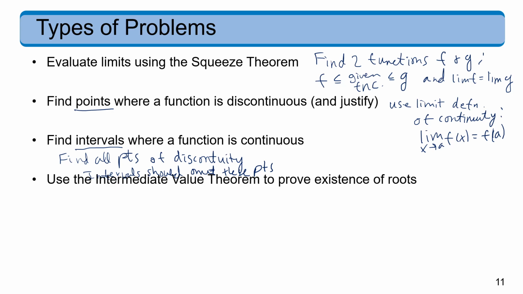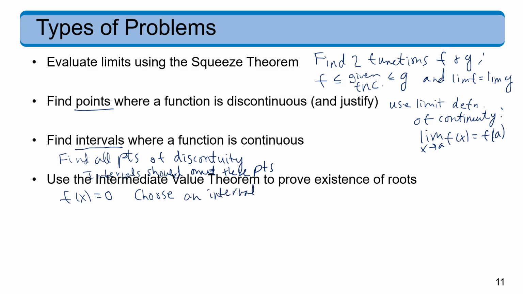Okay, next, using the intermediate value theorem to prove the existence of roots. So here the problem might be posed. You have some expression in terms of x, we'll just call it f of x equal to 0, and you want to prove there are solutions, and solutions would be called roots. So you need to either, if they give you an interval, that makes it easier, but if they don't give you an interval, you have to choose an interval